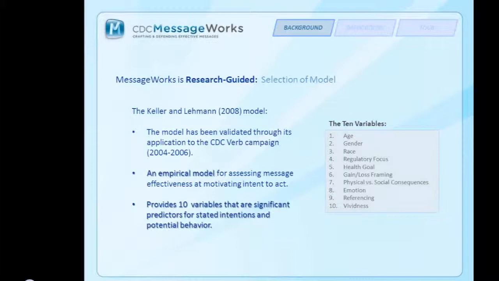So those are the 10 variables. Very quickly, we had a much, much larger model, and these are the 10 variables that remain significant after accounting for the variance explained by all of those other models on the dependent measure, intentions to change health behavior in the right direction. So that's the basic reduced form of the model.